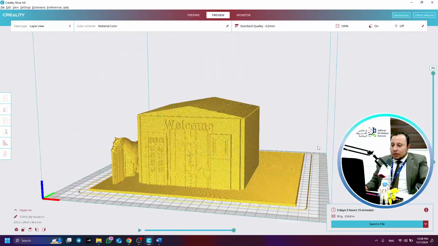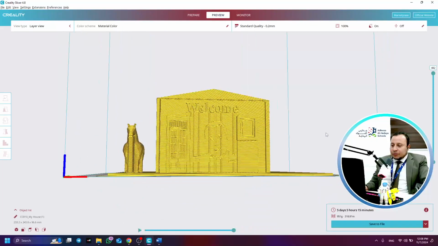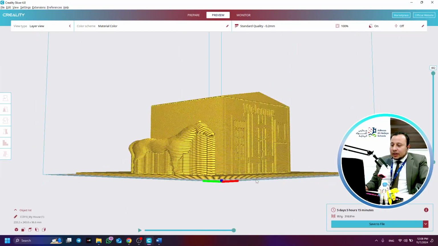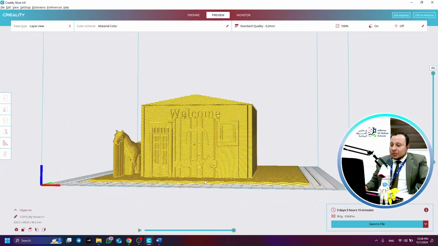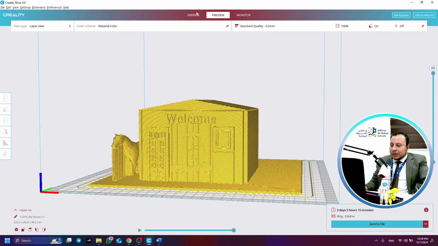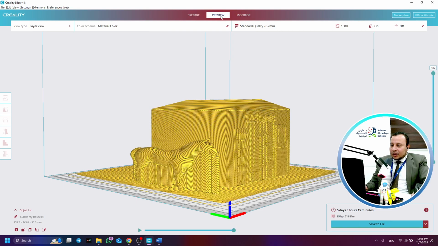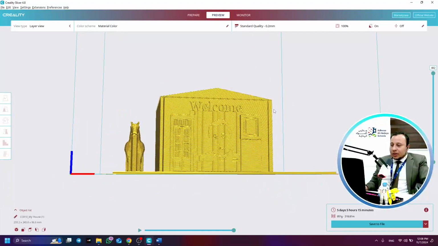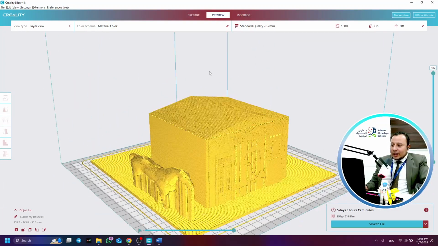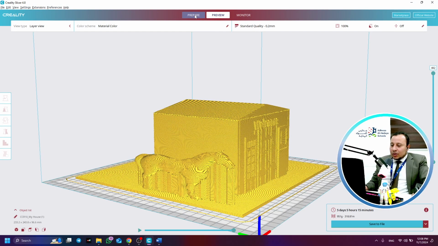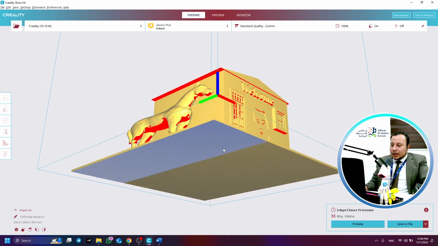How will it look after printing? As you can see here, it looks so different, right? If you compare the normal view and the preview here, it's totally different, right? Why, guys? Because these areas showing in red color,